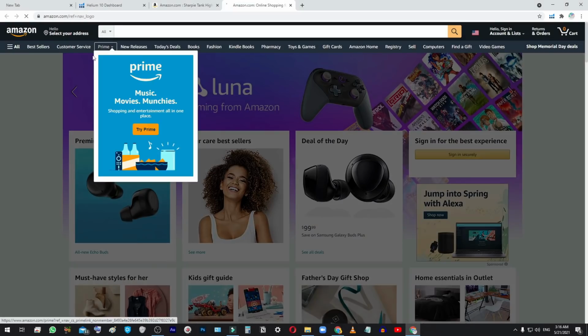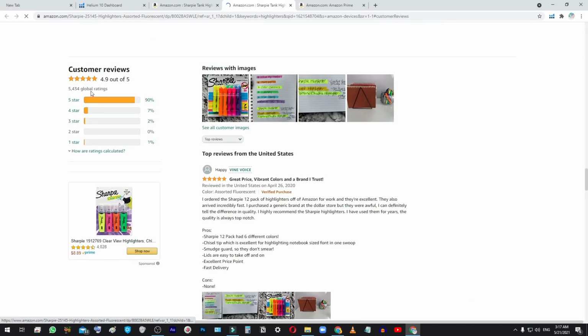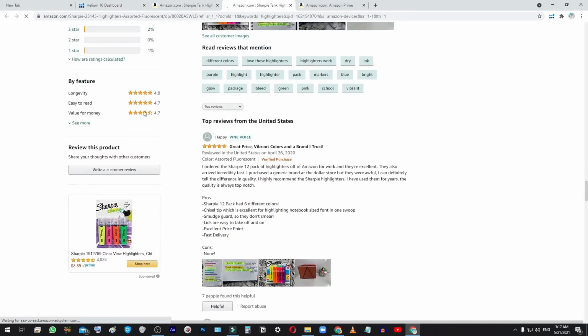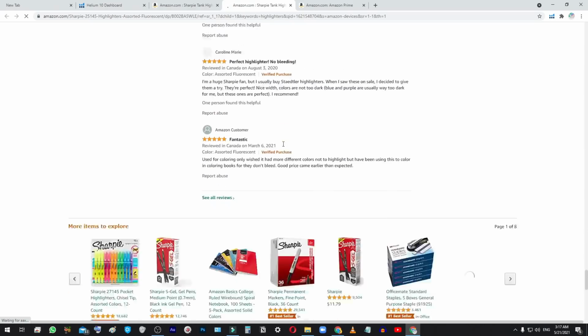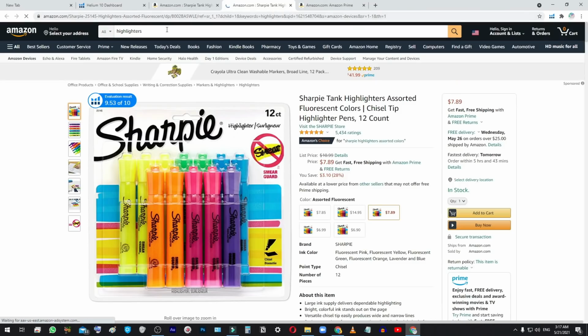And what you have to find is low competition, and the reason for that is because if you think like a shopper, someone going on to Amazon shopping for products, when they search highlighters, one of the main things they are going to be looking at when it comes to which one they are going to buy is which one has the most reviews, and which one has the best reviews, the closest to all 5-star reviews.